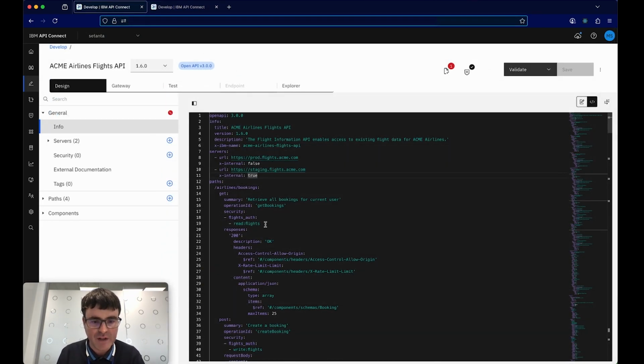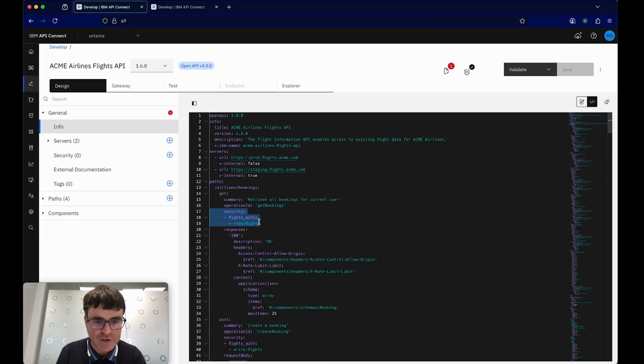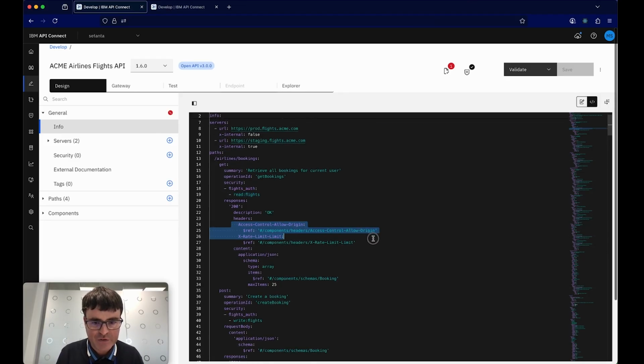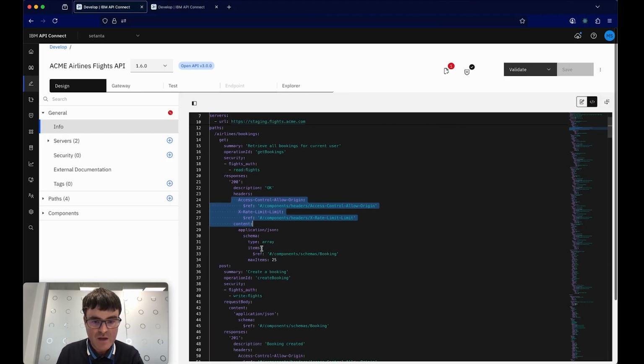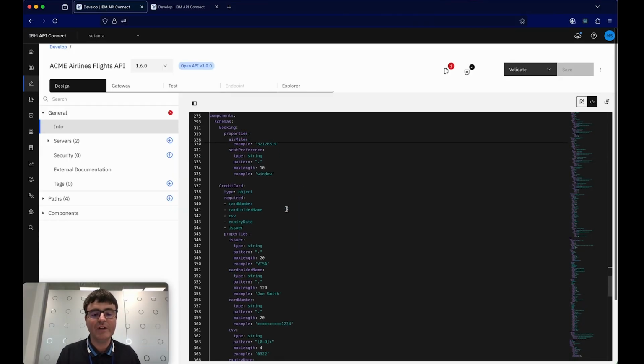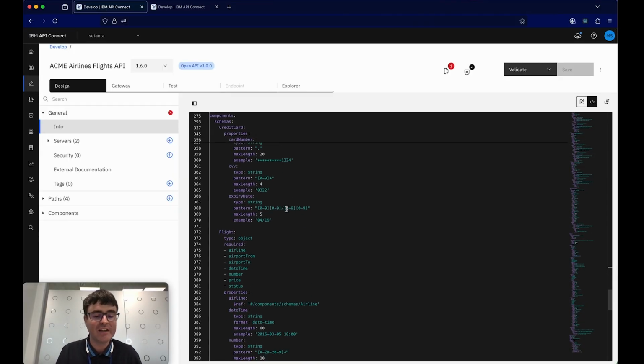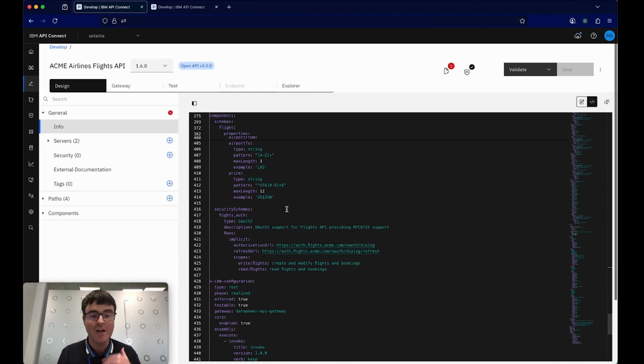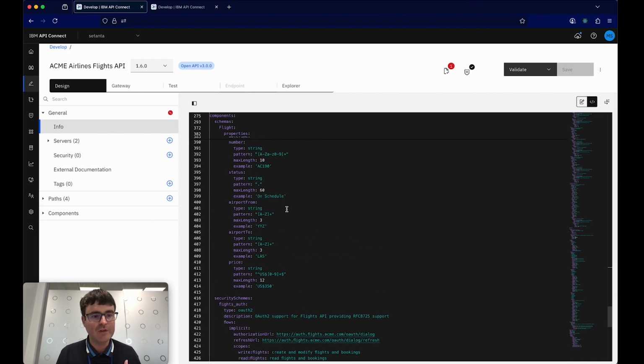If I look at what I did, I have now defined a security scheme for all operations within the OpenAPI. This one here, I've defined this security flight auth scheme. I've defined access and rate limiting control headers, which address that particular finding about the lack of rate limiting. For schemas, for example, of type array, I've specified the maximum number of items that array can have to prevent, for example, buffer overflow attacks. So all of these things will help ensure the quality, consistency, and security of the API once I implement them. So this is looking good.